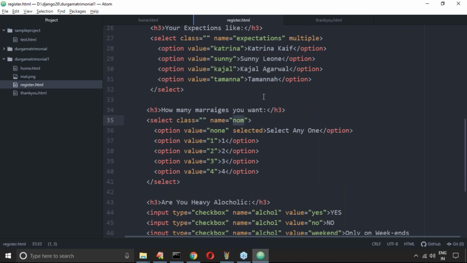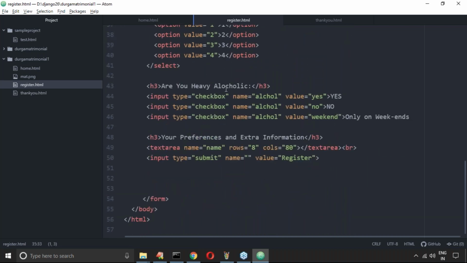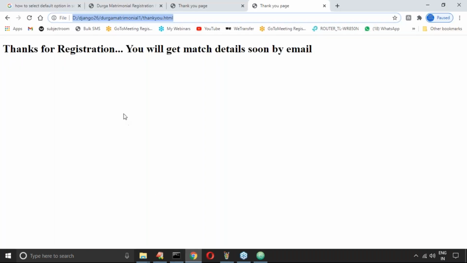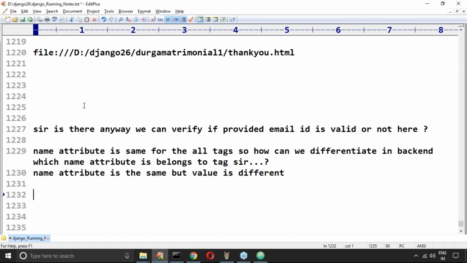Hey Rajesh, have you observed? Which value is selected related to alcoholic? getParameter of alcohol. Rajesh, are you getting the point? Here the name attribute is there, but I provided a different value for every field. By using this name value, we get the corresponding selected value. So what is the difference between GET and POST? Now practically I hope you saw.